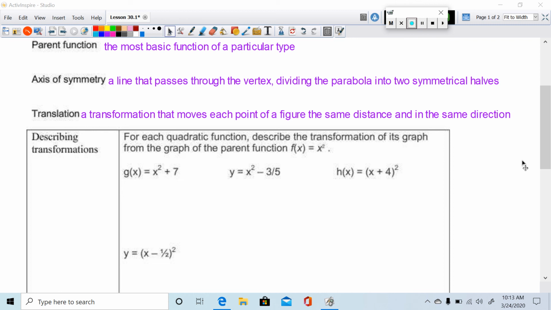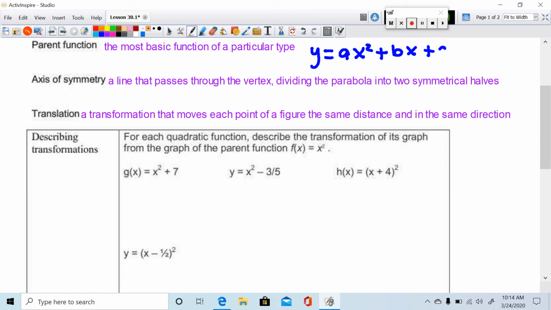Translations of the quadratic parent function. A parent function is the most basic function of a particular type. We've been talking about quadratic functions. The parent function, let me remind you, of a quadratic function is y equals ax squared plus bx